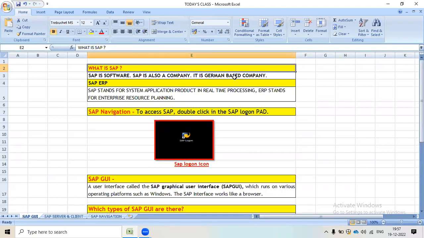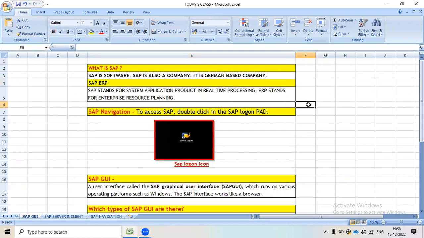It is a German-based company. There are different types of SAP products, but we are going to discuss SAP ERP. SAP stands for System Application Product in Real Time Data Processing, and ERP stands for Enterprise Resource Planning.